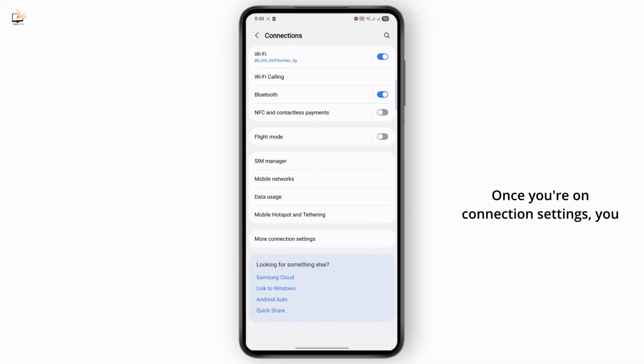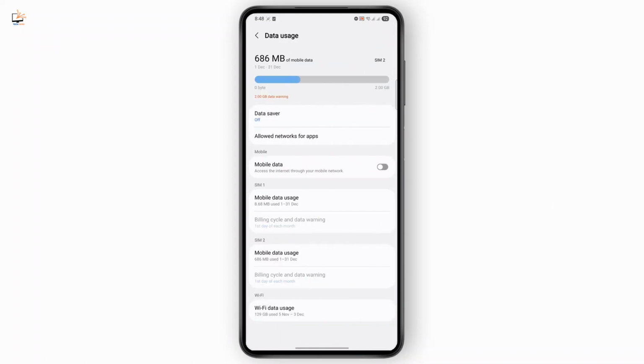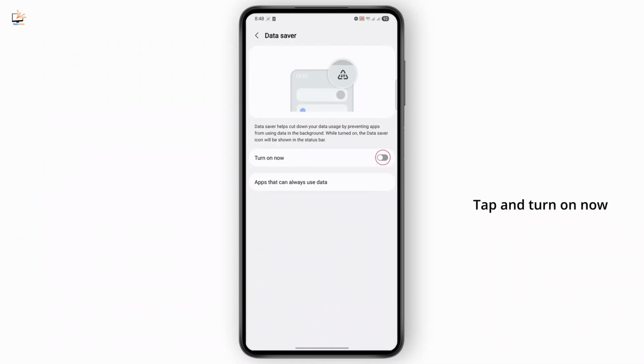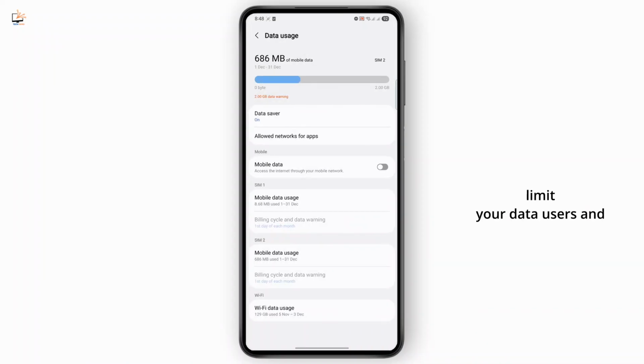Once you're on connection settings, you can go to data usage. And then from here, you can find something called data saver. Tap on it and tap on turn on now. So what it's going to do is it's not going to allow you to use much data while streaming games on your Android device. So it's going to limit your data usage,